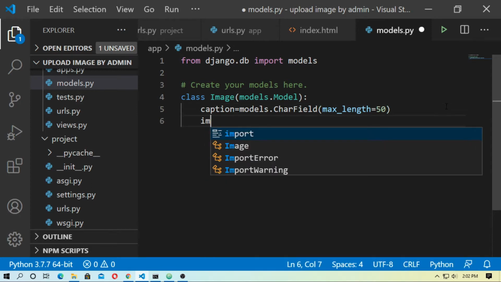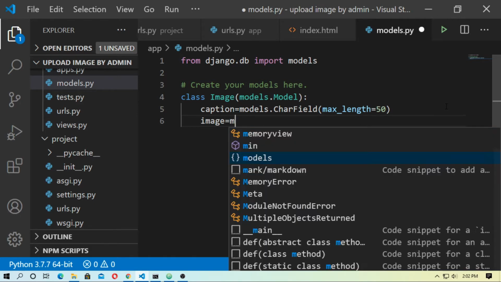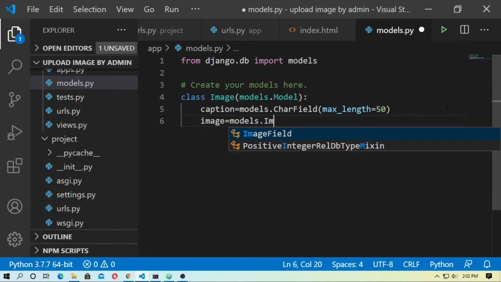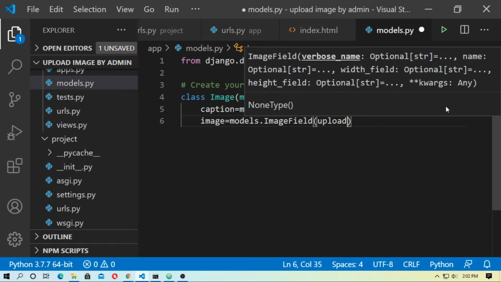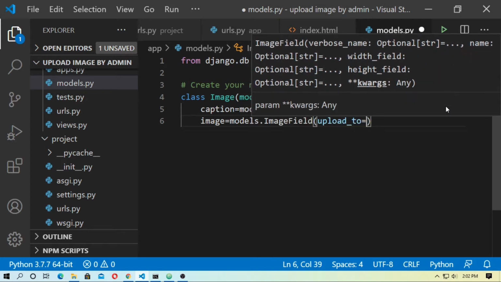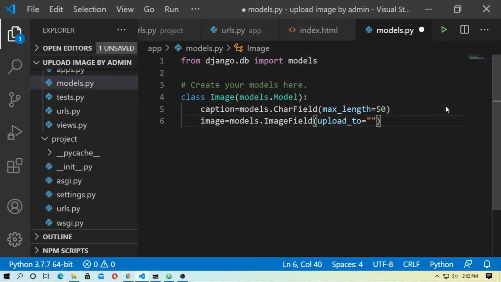Now create a variable image equal to models.ImageField. Now type the parameter upload_to, and upload to img/%y. %y is for year and %m for month. This will be auto-completed by Django.